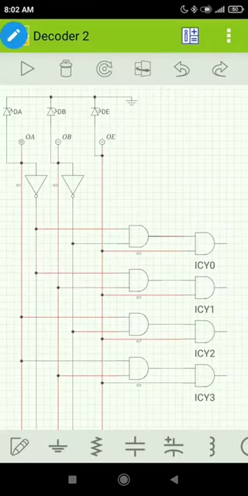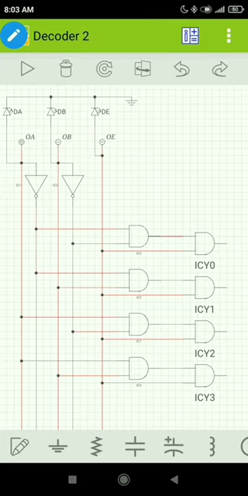This is the logic diagram of decoder circuit which consists of 2 inputs A and B, then Y0, Y1, Y2, Y3 are my outputs, E is my enable input. Then the first input line shows A. The input line from first inverted gate shows the A bar. Third input line is B. Input line from second inverted gate is B bar. Now let us run this.